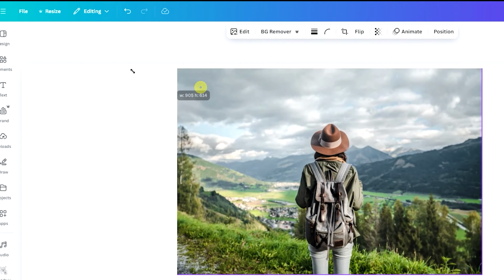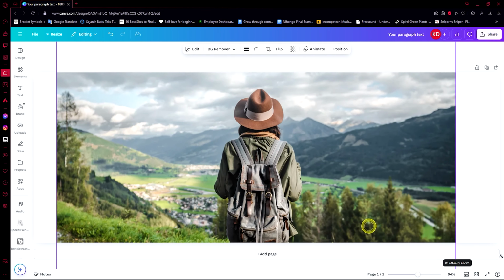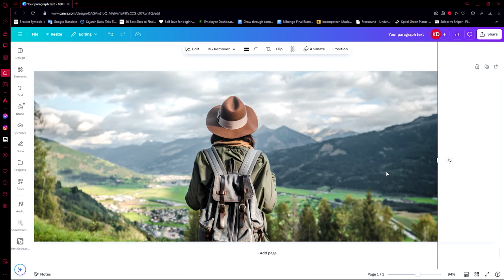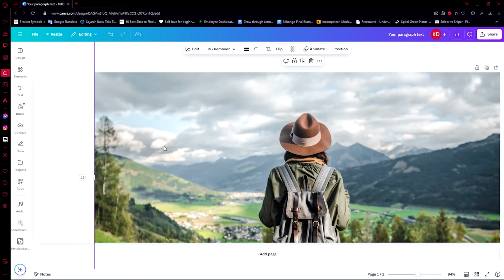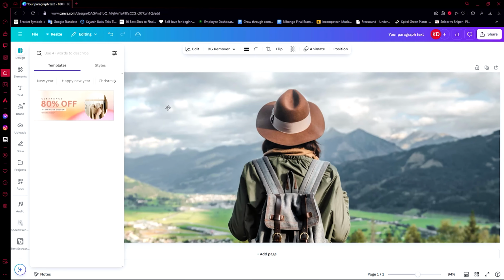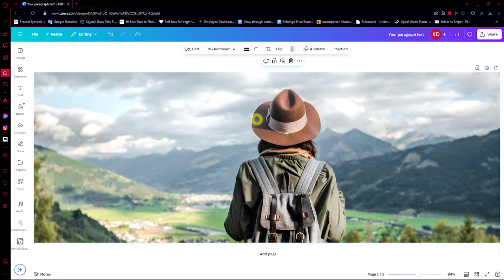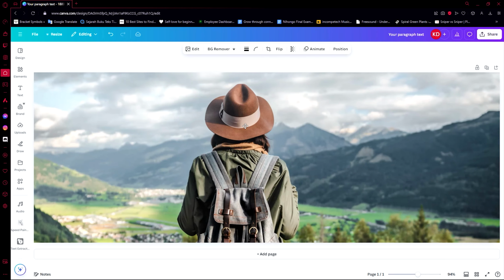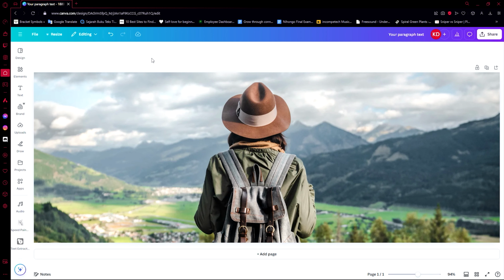Now you're going to look at this and say, oh hey, that's one person, and you want to try and add some text in front of the woman, right? Like some text in front of her. So what we can do here, of course again with Canva Pro, is go to the image, click on the image and click on edit,